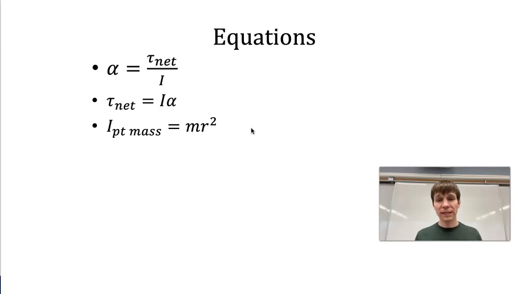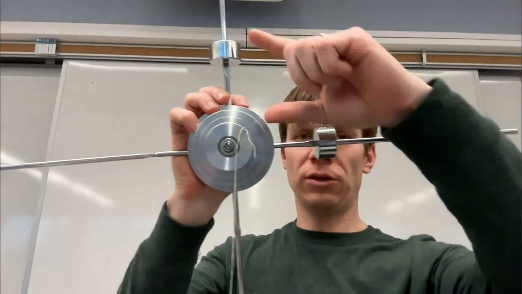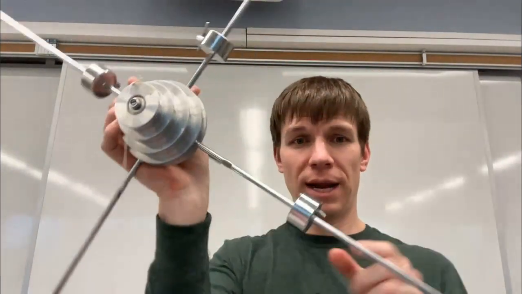It's mr squared, and that's for a point mass. So if I wanted to get the total rotational inertia of these four masses, I do mr squared for this, where r is the distance from this mass to the axis of rotation. Then I do mr squared for this one, mr squared for this one, and mr squared for this one,